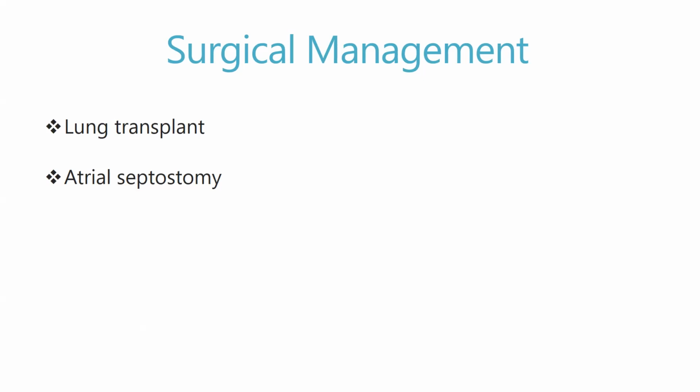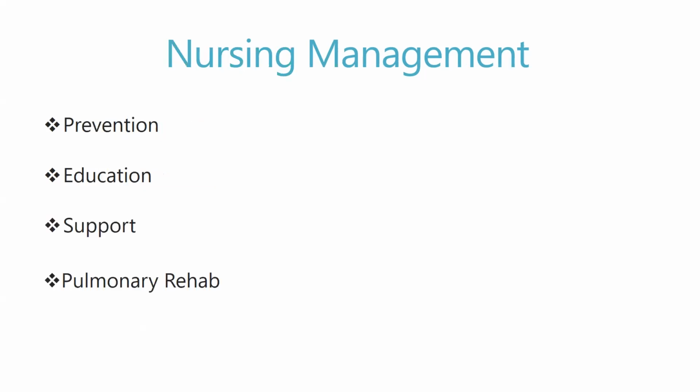Not very many options. We have medications, lung transplant, and atrial septostomy. So nursing for these pulmonary hypertensive folks is prevention. What can we teach them to keep them out of the hospital and decrease their signs and symptoms? The major nursing goal is to identify patients at high risk for pulmonary hypertension and to start treatment early. I'll repeat that. The major nursing goal for pulmonary hypertensive patients is to identify patients at high risk, your COPD patients,